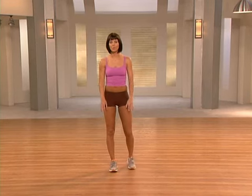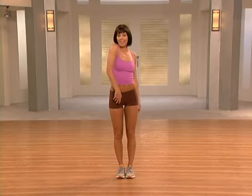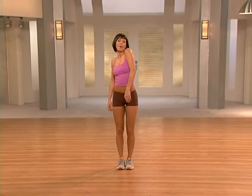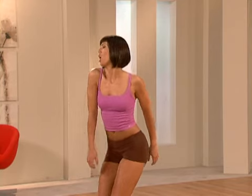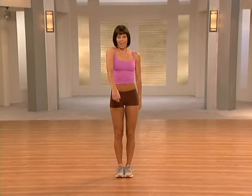Now, let's just do it how we do in the routine. We go 1, 2, 3, make it long. Starting with the left shoulder. It goes 1, 2, drag it all the way in. Now on the right. 1, 2, drag it all the way in. Let's do that one more time. Drag it left shoulder, right shoulder, then all the way up, and then bring it back, and roll it all